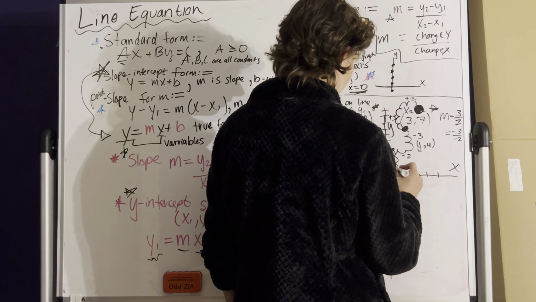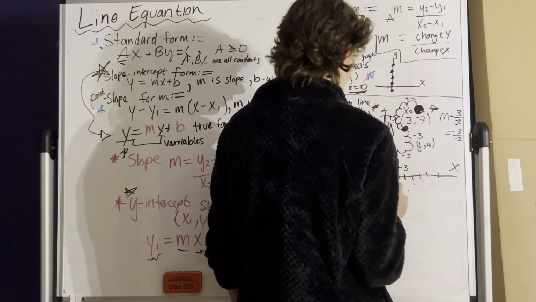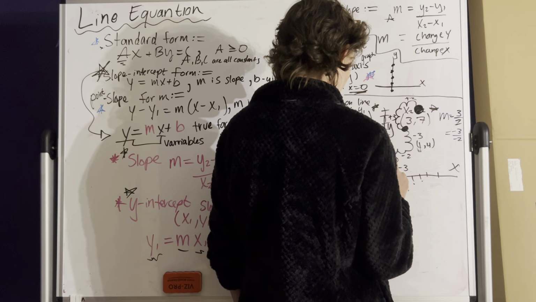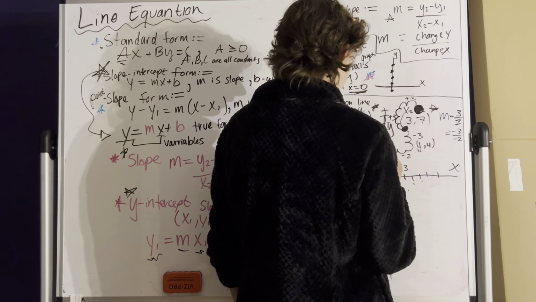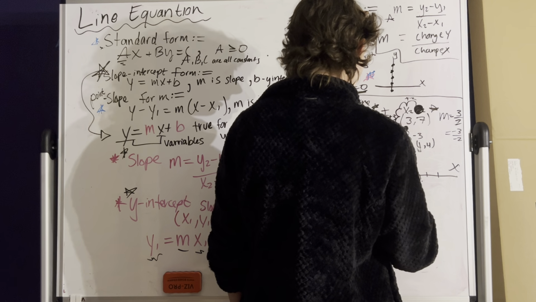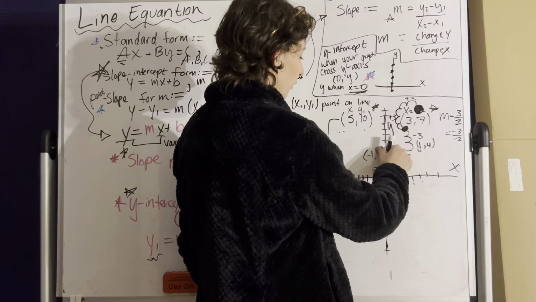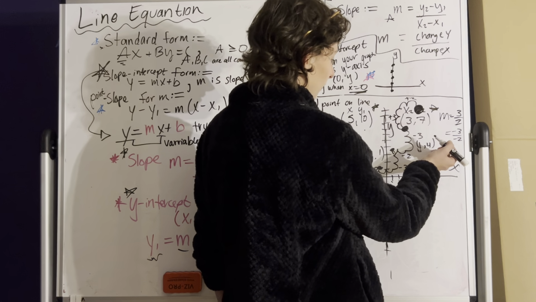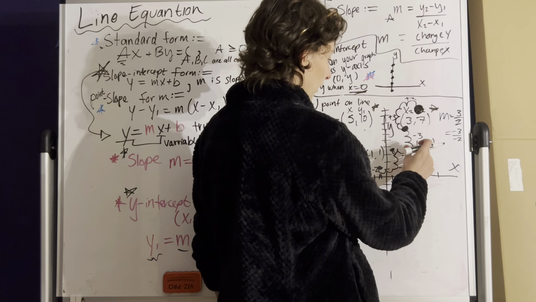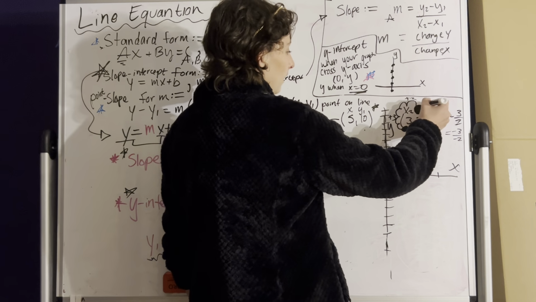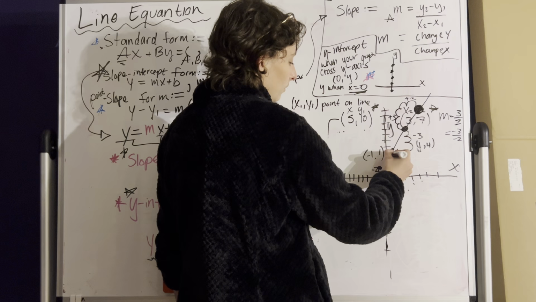So 1, 2, 3, and then over 2 to the left, and we end up at -1, -1, which kind of makes sense. Or sorry, -1, 1. Because 4 minus 3, 1, and then 1 minus 2, -1. And so we can see then that we crossed this y-axis